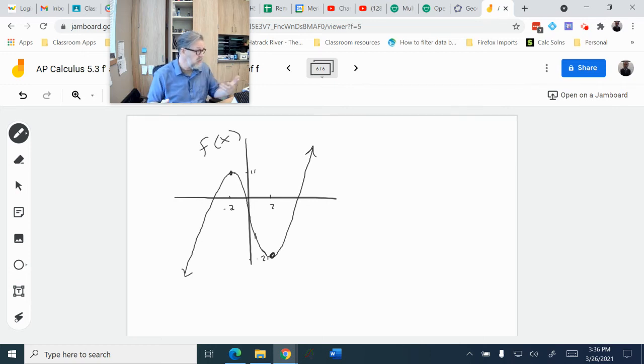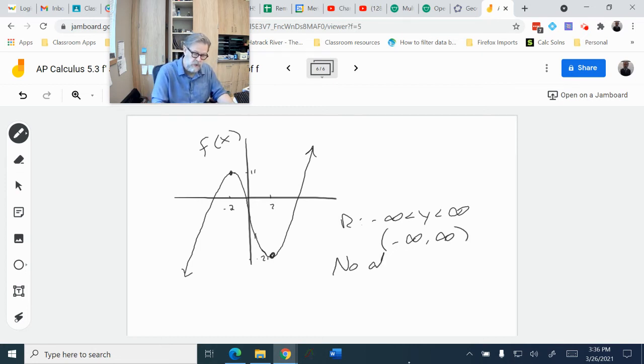And of course, no absolute extrema, because the range of this is infinite. The range is negative infinity to infinity, or we might prefer to write it this way, which means that there are no absolute extrema, and that tells me that